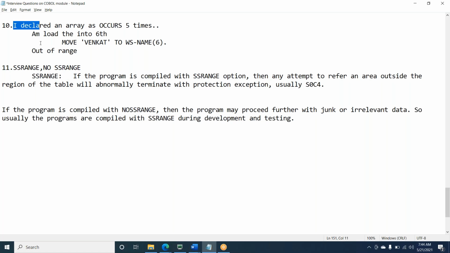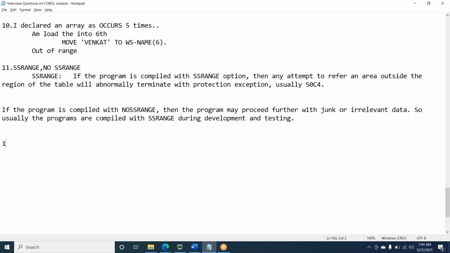You tell them that if I go with FORM equals SSRANGE, it will throw SOC4 at runtime. If I use NOSSRANGE during compilation, it will not throw any error. It will proceed further and store junk or irrelevant data. That is the answer you are supposed to give.